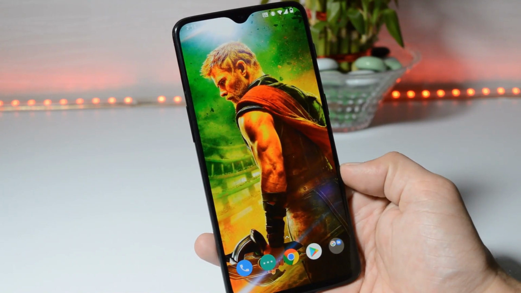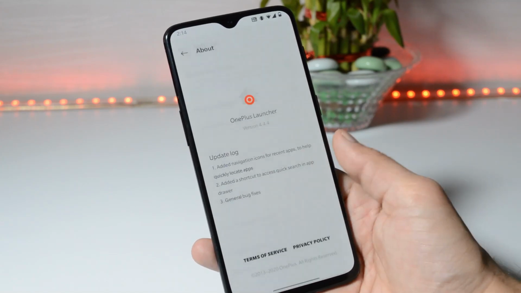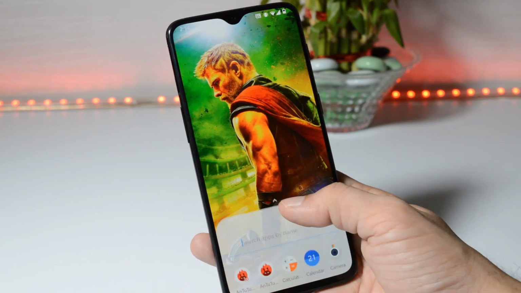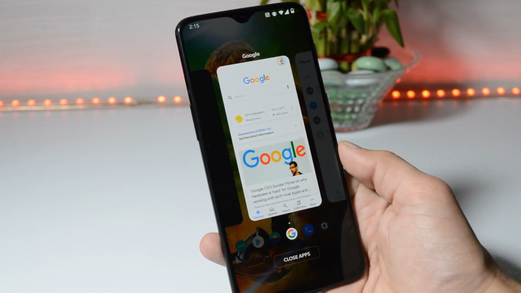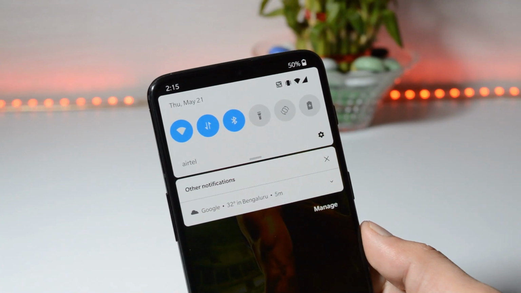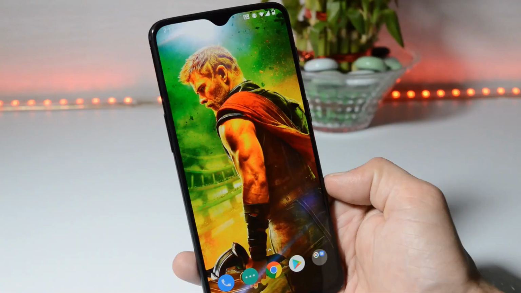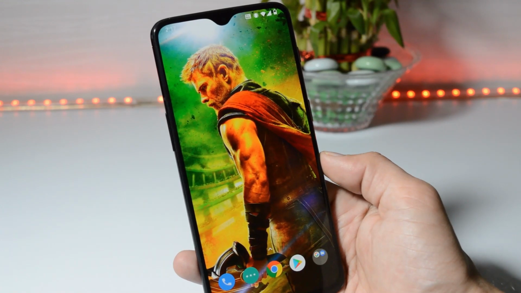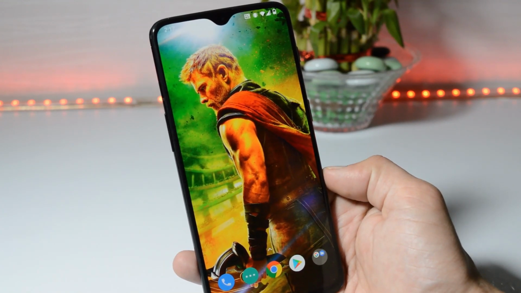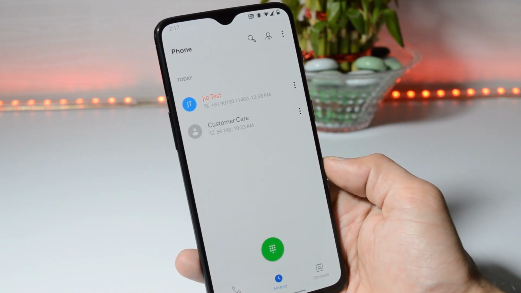Now talking about this port, we have all the features which came on the latest Oxygen OS Open Beta 14 for the OnePlus 7 series. The launcher version is the latest one, which is 4.4.4, which also includes the quick search feature and recents panel with app icon. The first change you'll notice is that we now have redesigned icons in the status bar. With Open Beta 14, OnePlus has added a few more clock styles for the ambient display, and we also have the recording feature directly implemented inside the phone app.